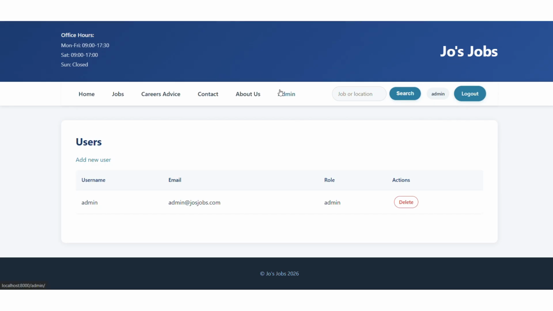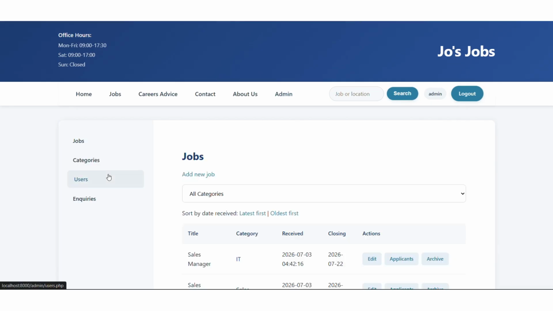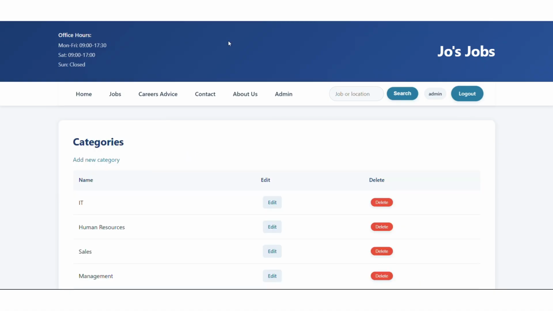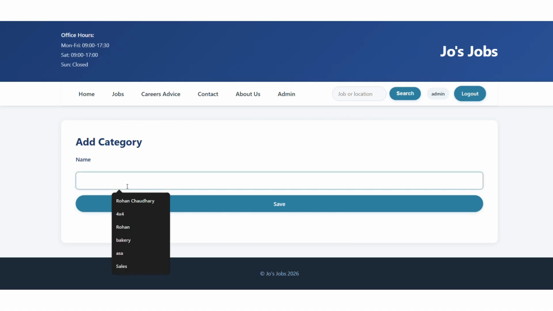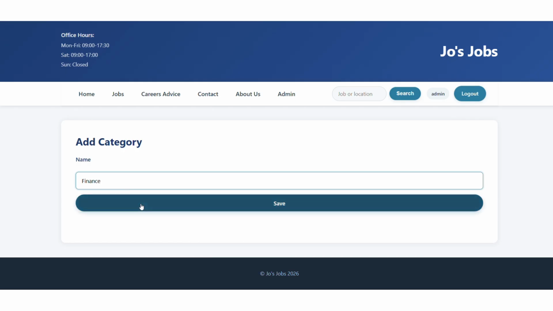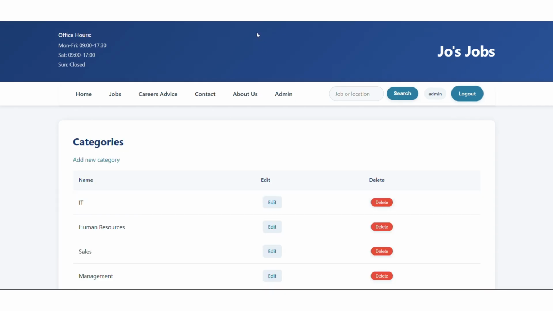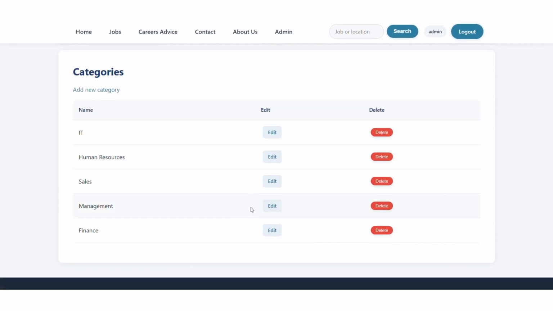Now let's move to the category management system. I will add a new category called finance. This category is created successfully.